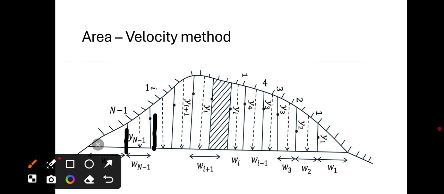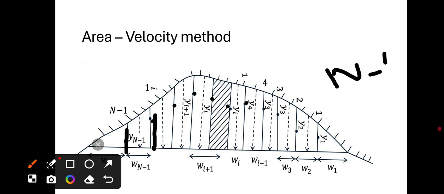On these verticals, the current meter is placed at 0.6, or 0.2 and 0.8, depending on the depth of the stream. This is shown by the black dot. The figure shows the cross section of a river in which n-1 verticals, or the velocity averaged over the vertical at each section, is known. Considering the total area to be divided into n-1 segments,